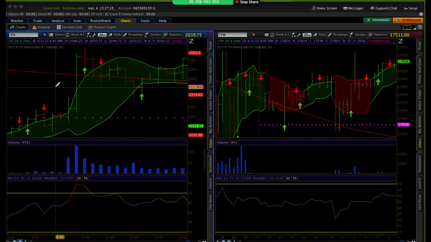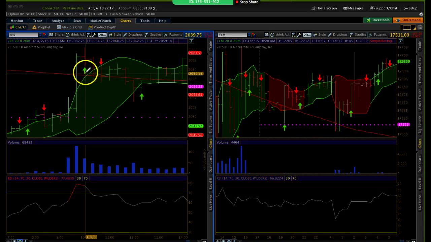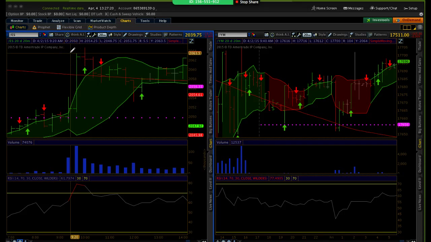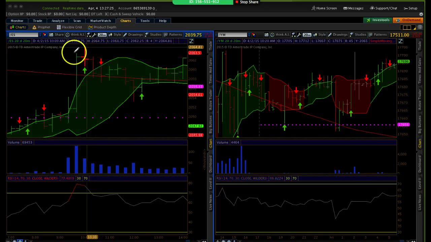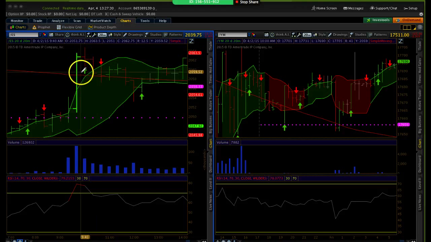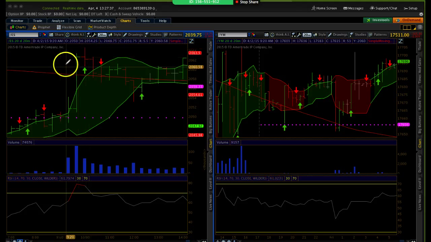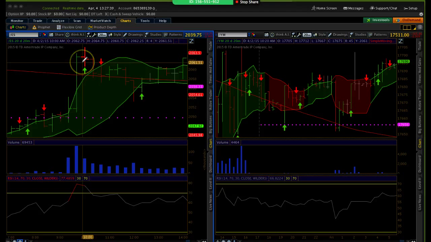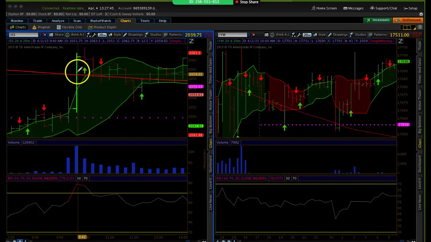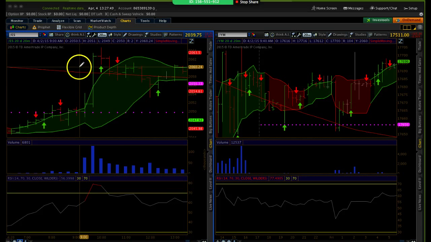Now, you'll see a lot of these with an arrow pointing outside of the cloud. You do not want to take those going outside. I actually did not follow my same rule, which I posted in the group while I was in the trade. I said the arrow is pointing away from the cloud, so it's going to be a struggle if we got into this strike. And we did get into that strike, and it did exactly what I was saying. It reversed. So we lost that trade, but we won the next one that we got into,